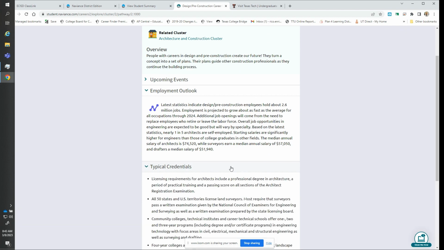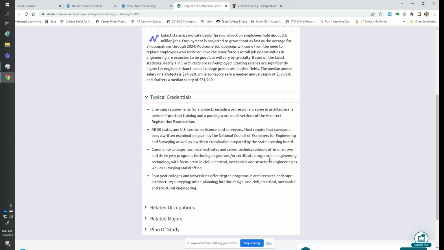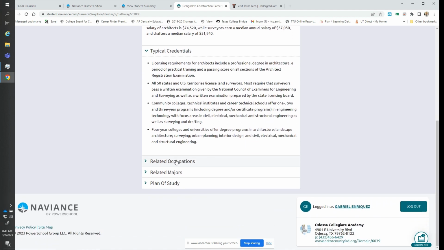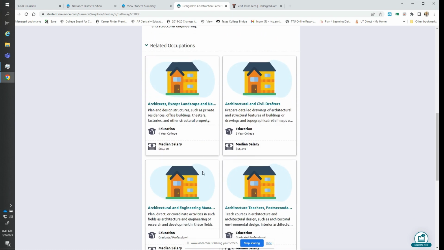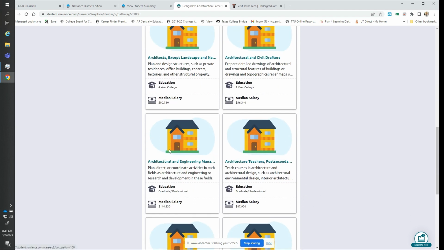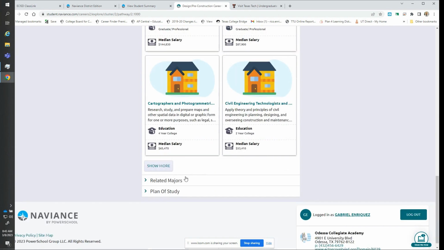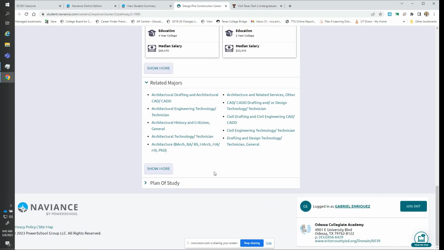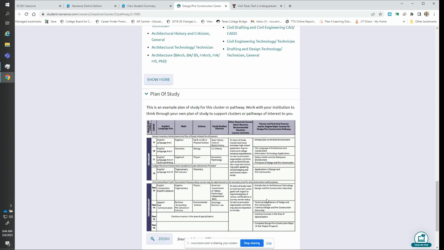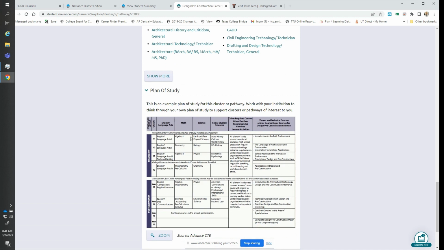Also, typical credentials, what kind of college degree do they need, if any? What type of training, licenses, certifications? And they also have related occupations. So if you want more of an expanded view of the landscape of careers and occupations, you can do that by clicking on these and get more specific information. Related majors in college that are kind of close in the neighborhood of that career pathway, and then developing a plan of study. So this is kind of a recommended plan of study, and it's a great launching point